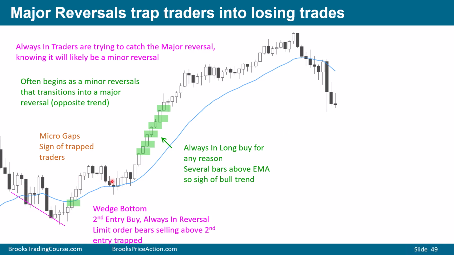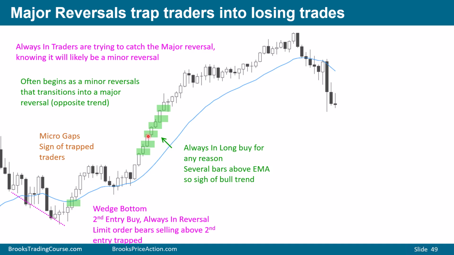The market rallied and began to go sideways. At this point, the odds are high that the bulls will get a second leg. Always in long, expect a second leg. However, here, this is where bulls trapped the bears. Bulls got a series of bull bars closing on their highs with a lot of open gaps and several bars closing above the moving average.